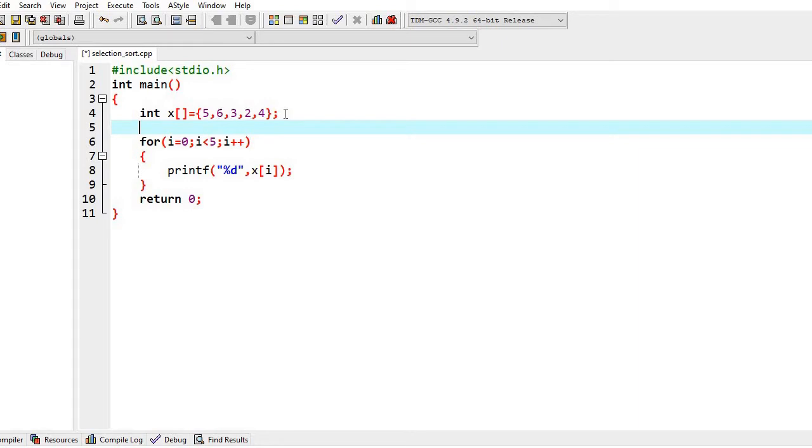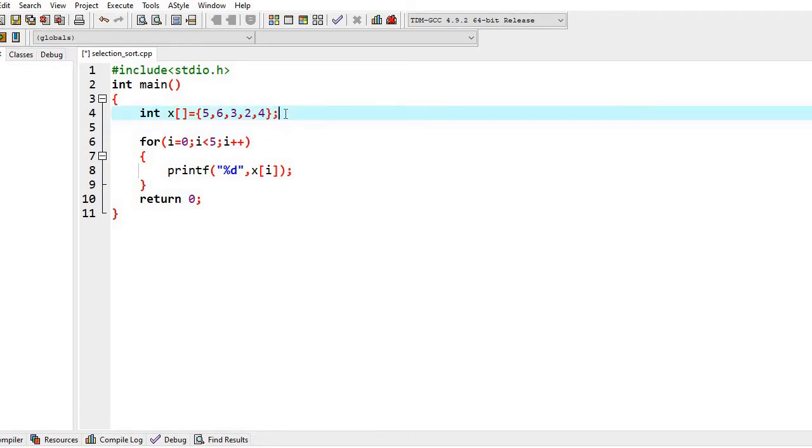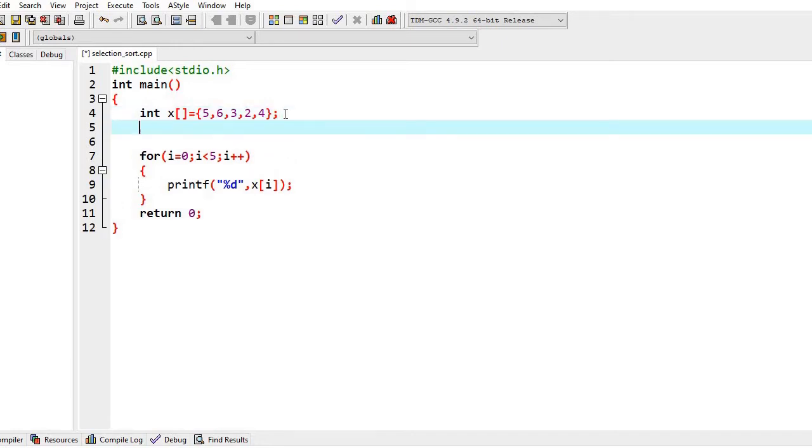So we can say that at any kth iteration, we are going to find the kth smallest element of the list and then put it at the kth position. So basically selection sort is about selecting the smallest element each and every time. So this is the basic logic, and we are going to need some variables for that.